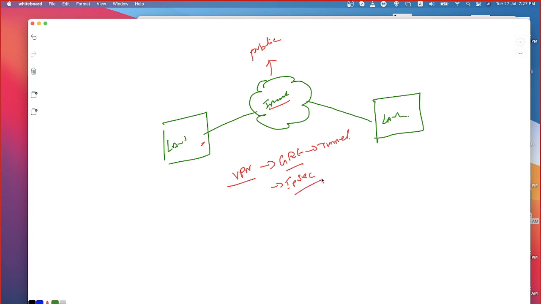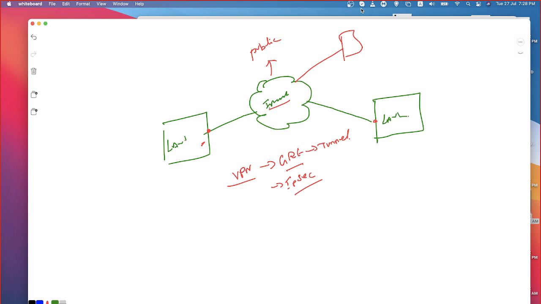When it comes to IPsec VPN, who is responsible for establishing the tunnel between LAN 1 and LAN 2, whether it is GRE or IPsec, doesn't matter. This is going to be configured by the administrators of our organization. So if a new site comes up and we want to establish a tunnel, we have to establish the tunnel, and the service provider is not at all responsible for anything. The only responsibility of the service provider is reachability of the IP addresses. The rest of the tunnel establishment process, if something goes wrong, what needs to be addressed, the provider will not at all get involved in any kind of IPsec or GRE tunnel configurations with the customer. The service provider's involvement is zero when it comes to IPsec and GRE.